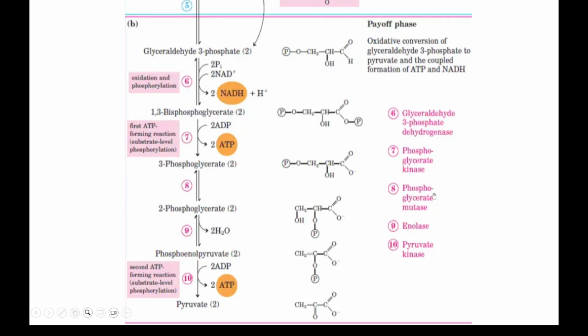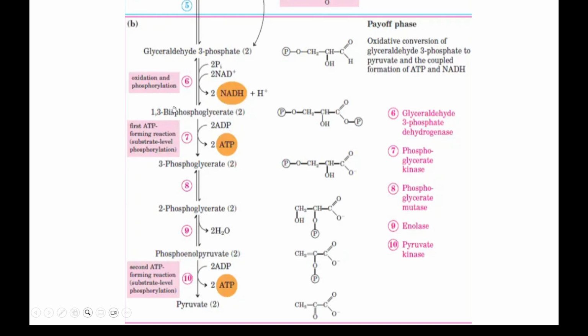This enzyme plays the role in catalyzing this reaction, phosphoglycerate mutase. Then from 2-phosphoglycerate, a water molecule is released to form phosphoenol pyruvate or PEP using the enolase enzyme, which is this reaction catalyzed by enolase. Then PEP is finally converted to pyruvate using pyruvate kinase, and one ATP molecule is released for one molecule of